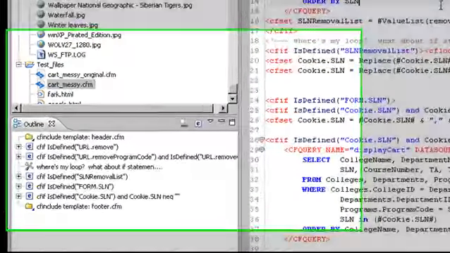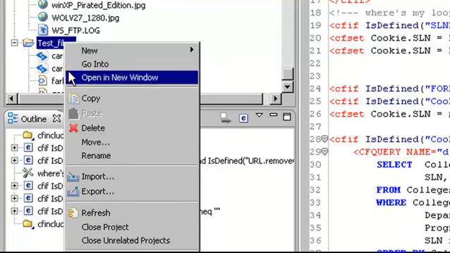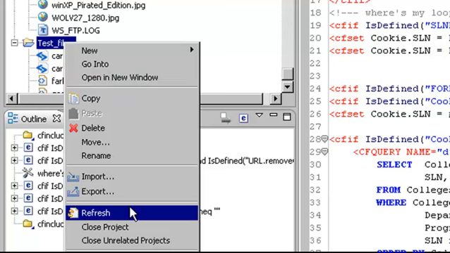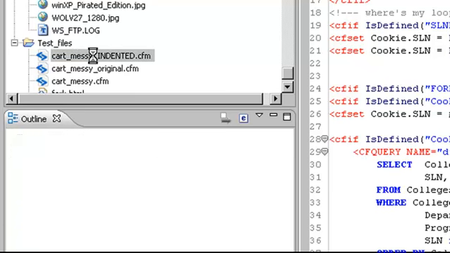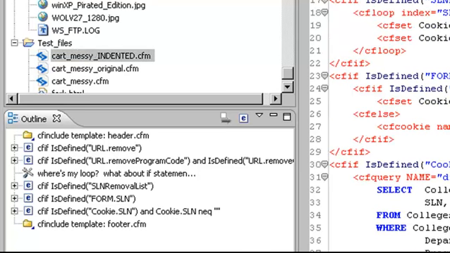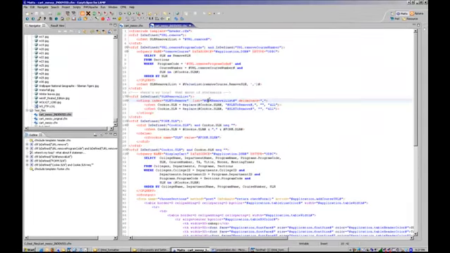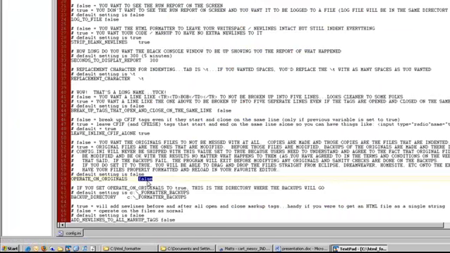And it won't update because it created a new file. And if I refresh, we see that cart messy underscore indented was created. So this is now the cleaned up version of that file. And to show you what would happen if I was to change this to true,